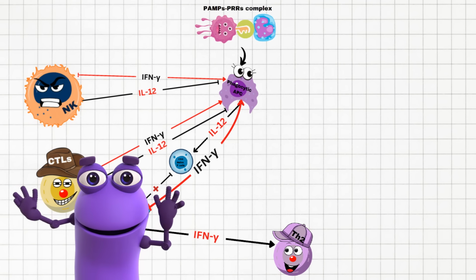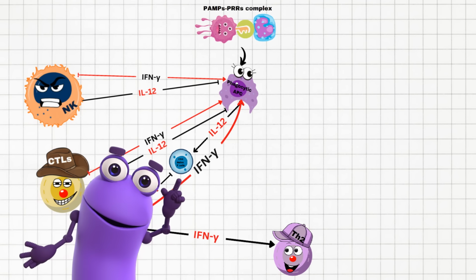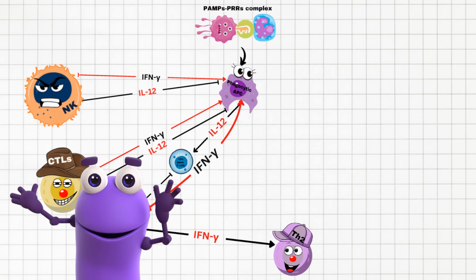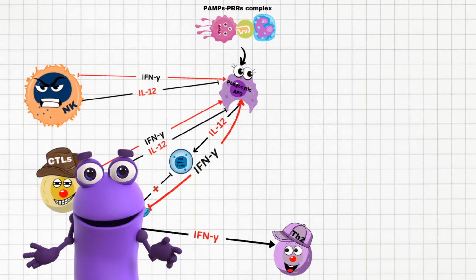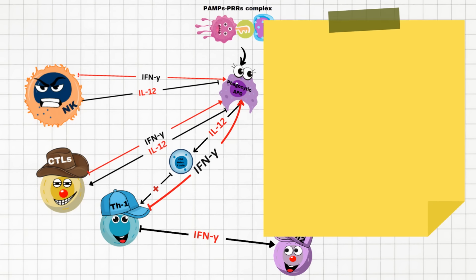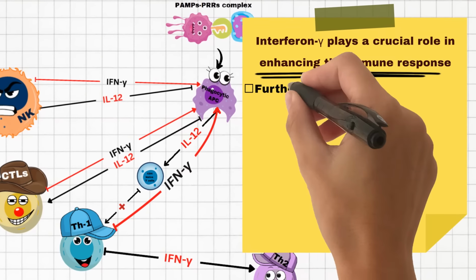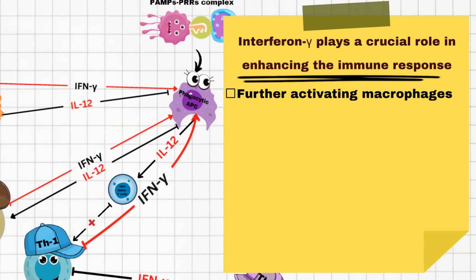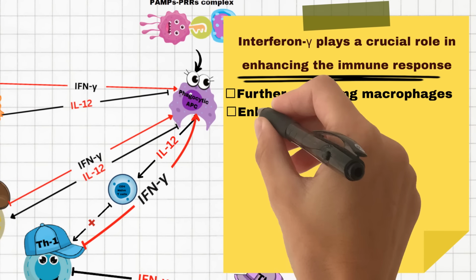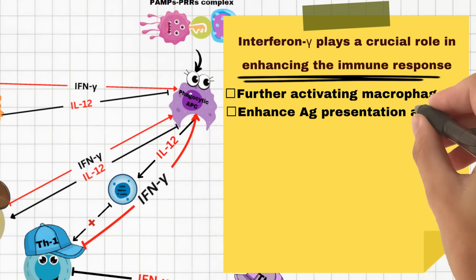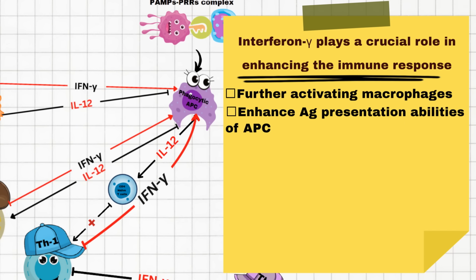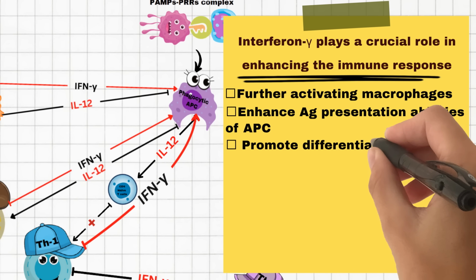Dr. Max, interferon-γ seems to play a crucial role in the immune response. What exactly does it do? Great observation, Sela. Interferon-γ plays a crucial role in enhancing the immune response by further activating macrophages, increasing their ability to kill intracellular pathogens, enhancing the antigen presentation capabilities of antigen-presenting cells, promoting the further differentiation of naive T cells